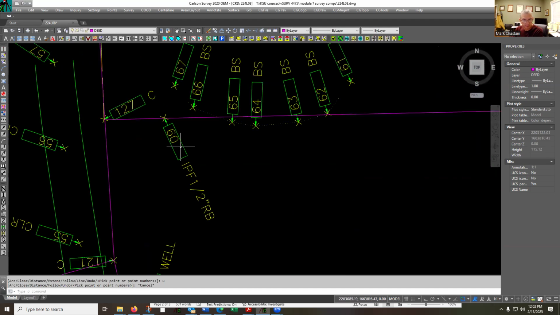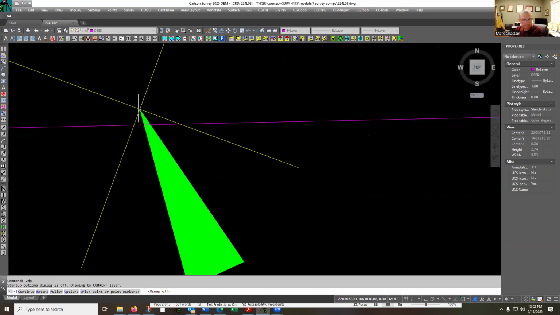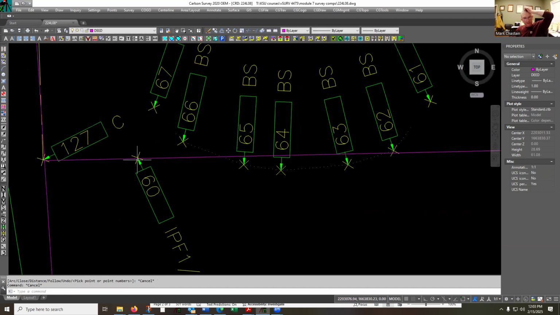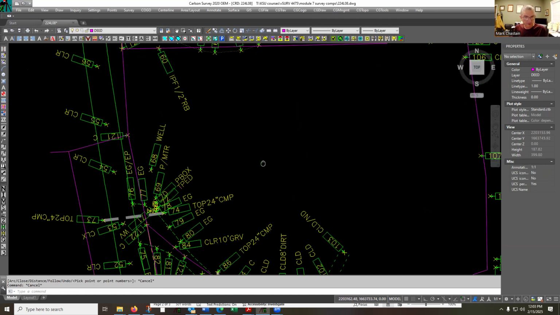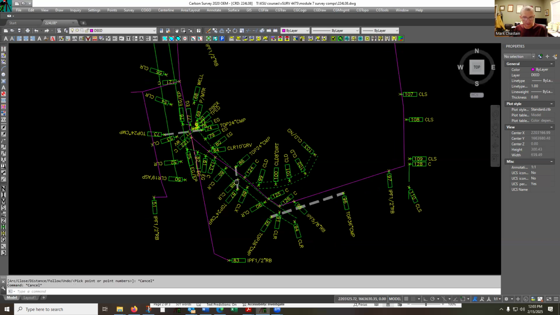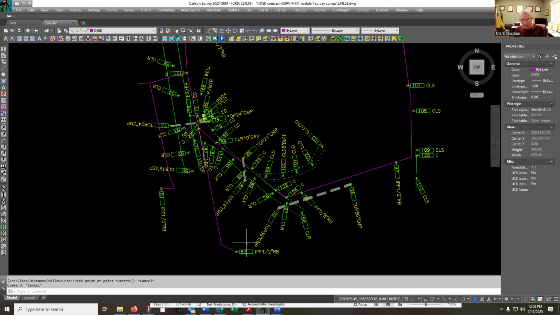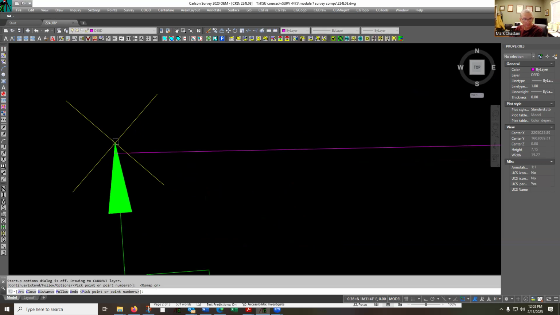Let's go back up and see how we're doing on number 60. Well, now our record geometry is about 21 hundredths south of that. So I'm finding some consistency in the slop. Slop is not a technical word, it's just my word for what we've got out there, the error that we have encountered. But it's important to note that it's fairly consistent for a 30-year-old total station survey done with